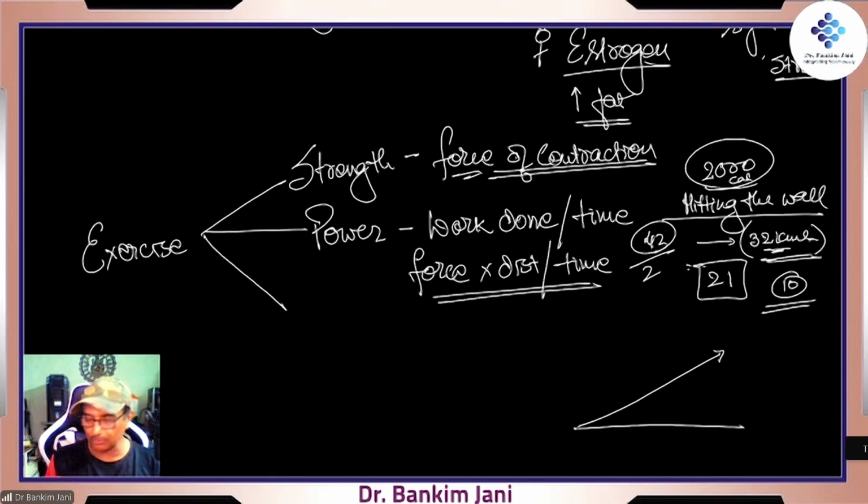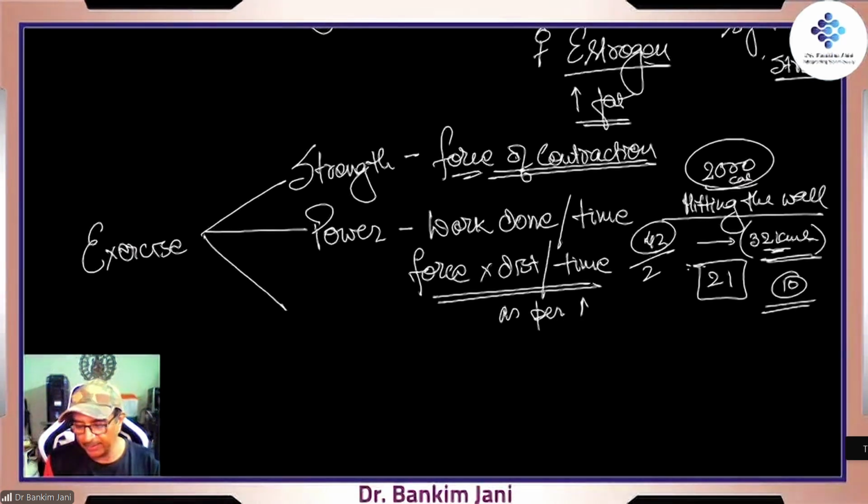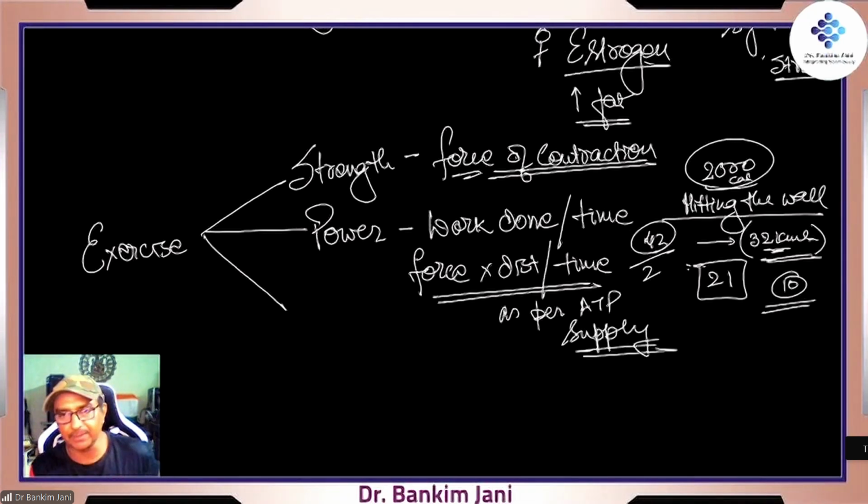Those who are running half marathon have to cross this road once, but those who are running full marathon, this Peddar Road bridge will come twice. It is a steep inclination. So that's why in all these races, this is where they will be tested. This is where the power is needed. So this depends upon what? As per ATP supply. ATP is what? Adenosine triphosphate. That adenosine triphosphate is nothing but the currency of our body. Every tissue understands ATP. ATP is the currency of energy, right? Our body understands that. And the third is